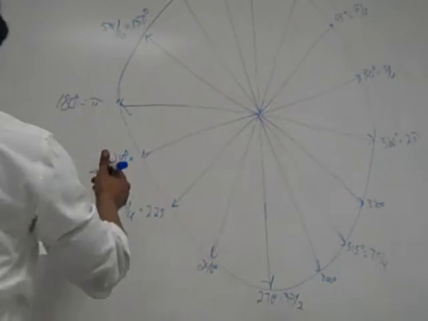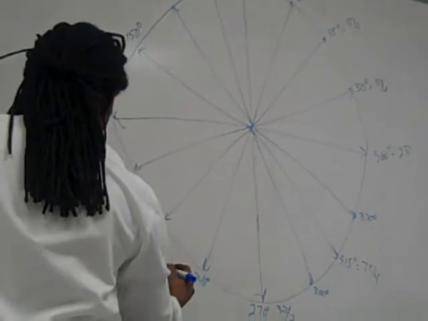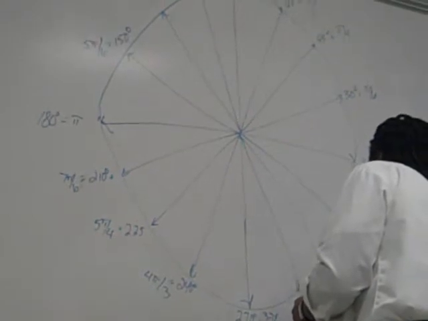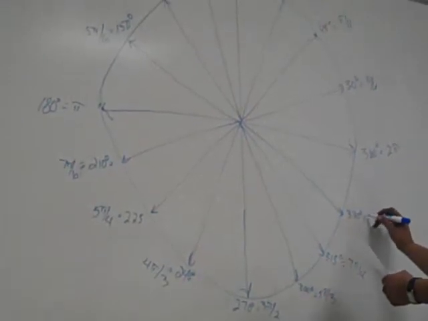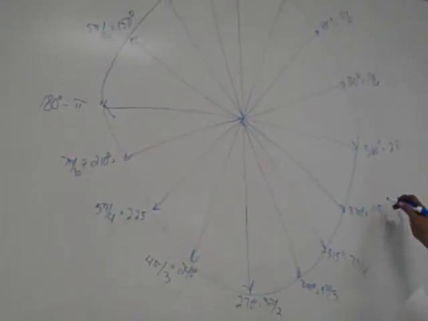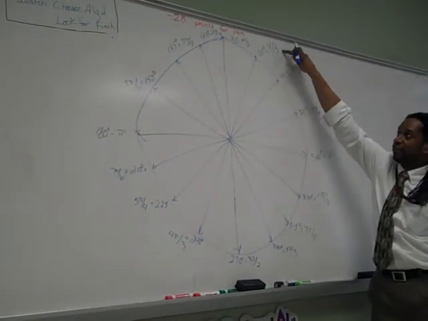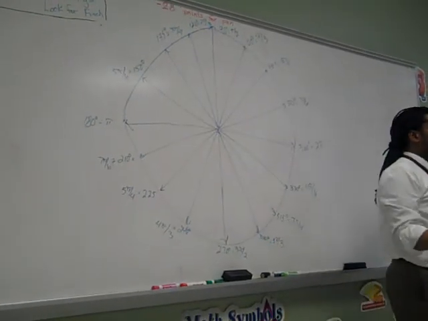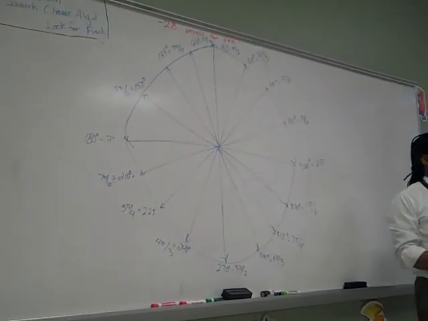I could have kept going and then reduced, but let me just give it to you. 210 is 7 pi over 6. 240, everybody should be writing this down, 4 pi over 3. 300, 5 pi over 3. And 330 is 11 pi over 6. Now the 30s and the 60s go by pi over 6, 2 pi over 6, 3 pi over 6, 4 pi over 6, and so forth, skipping the 45s. Okay? That's it in general. Now the whole class period is going to